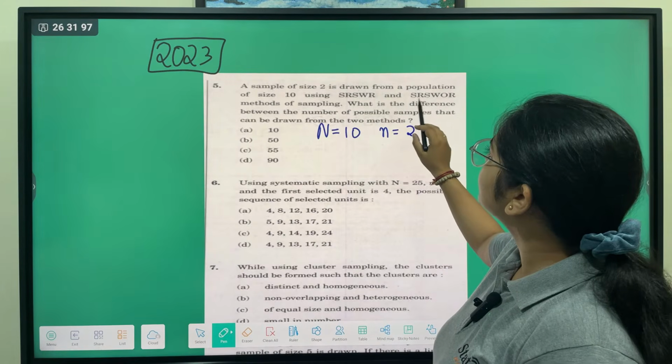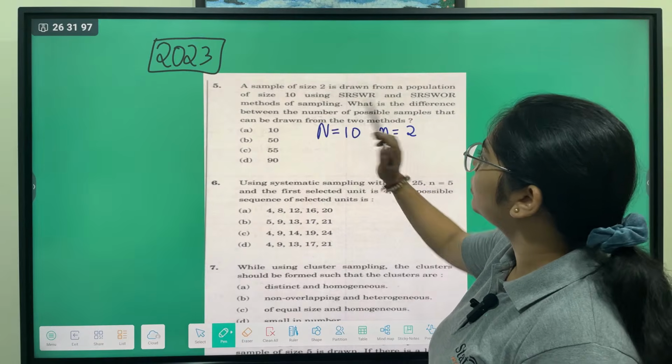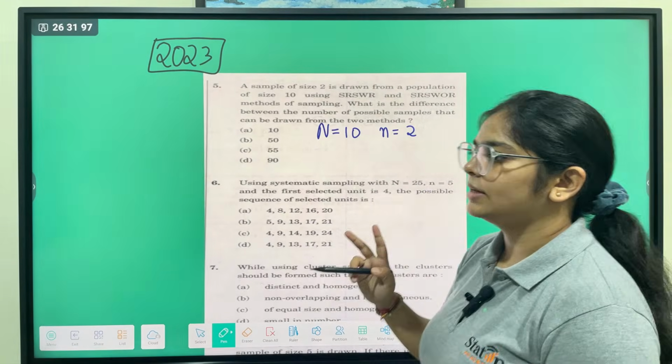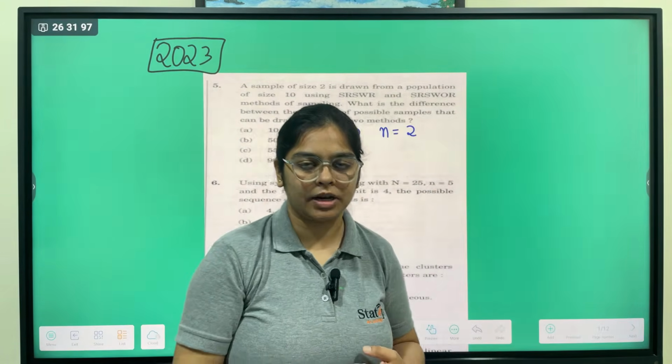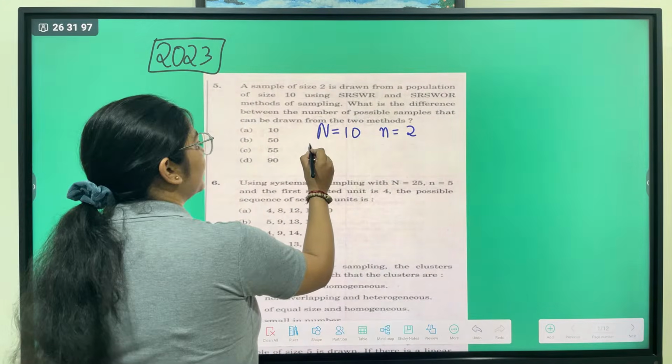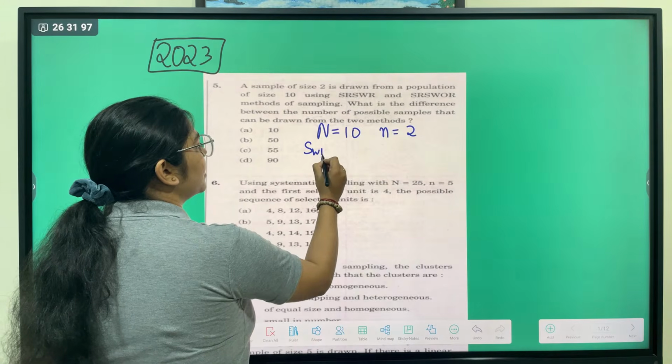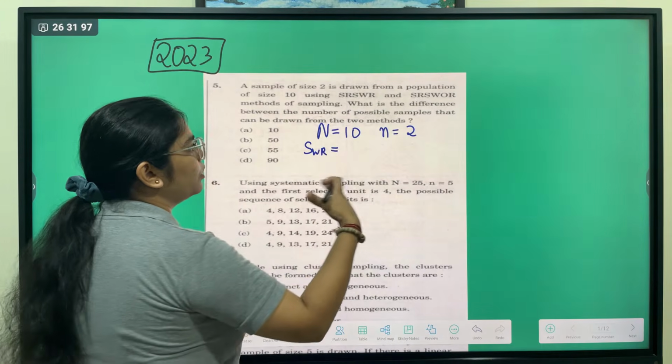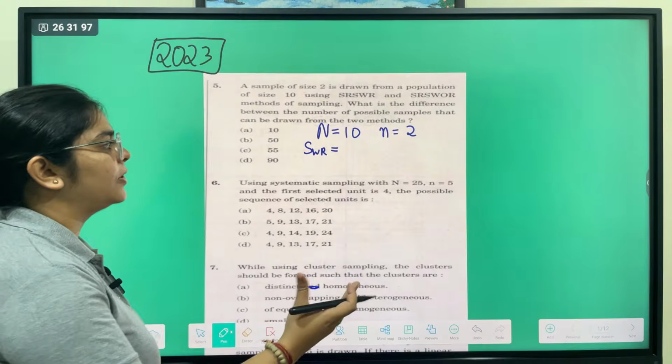Now, there is a SRSWOR method. We are using two methods: SRSWR, simple random sampling with replacement, and SRSWOR, simple random sampling without replacement. When we talk about simple random sampling with replacement, then the total number of possible samples are